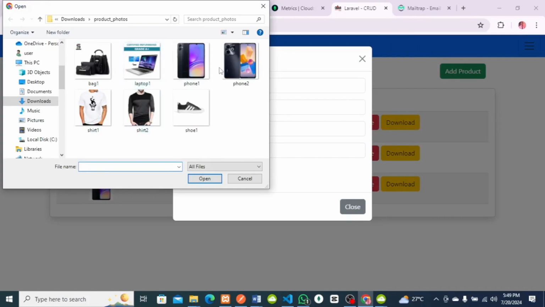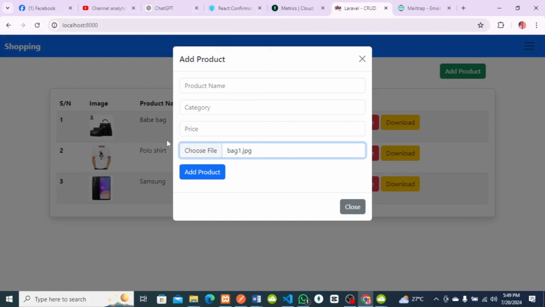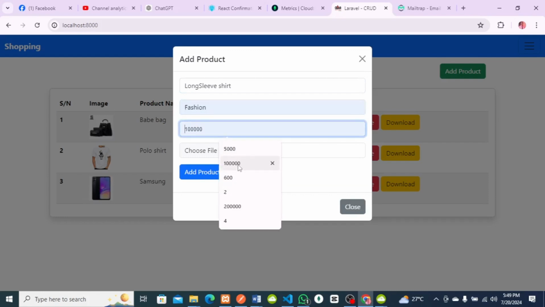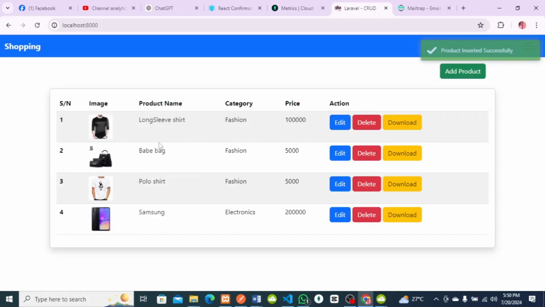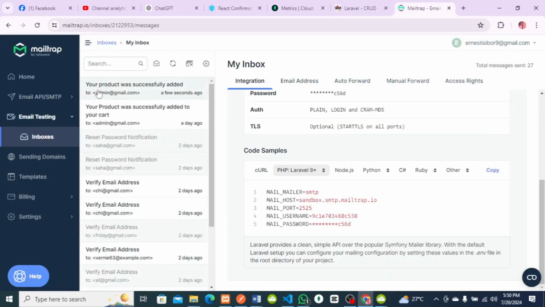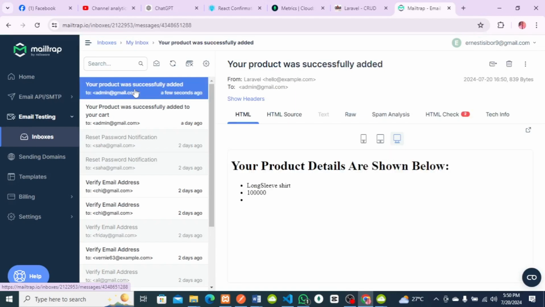So let me add a bag. Well, I already have a bag there. Let me put a black t-shirt. Okay, I'll call this t-shirt long sleeve shirt. Then category fashion, the price, then click on add products. So brilliant, we've added these products. So let's go check our mail if we get a mail alert. So you can see your product was successfully added few seconds ago. So you can see that few seconds ago. So let me click on this. So we got the long sleeve, the shirt, but